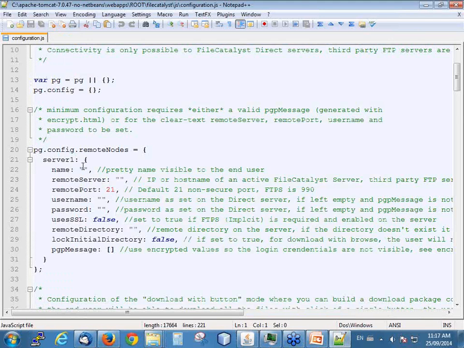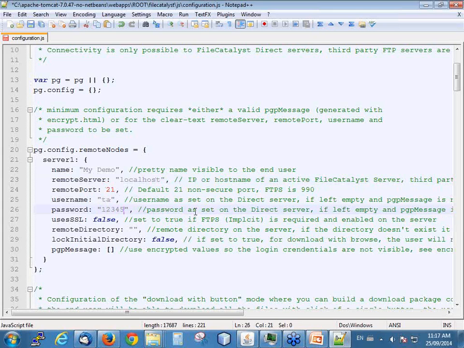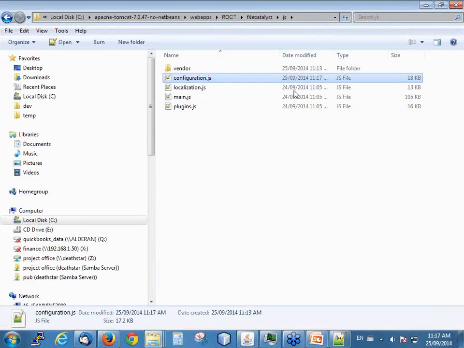So all I have to do now is specify this information. My demo, that's the name, that's just a pretty name that the end user will see. The actual host will be a host or an IP address. In this case, I'm running all on localhost, so of course it's localhost. And the transfer username is TA, and the password is 12345. Okay, minimize this,